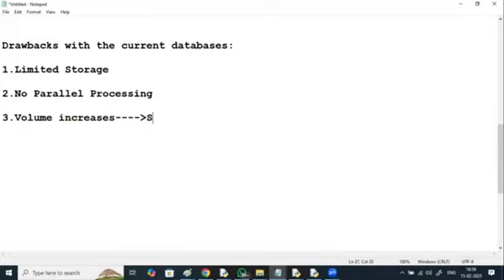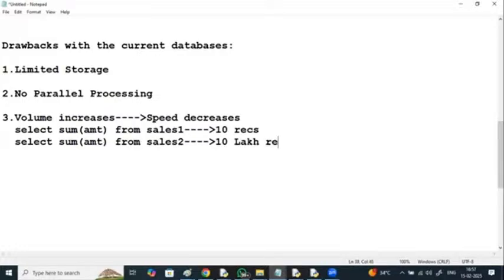Total amount from sales two, which has got 10 lakh records. Select total amount from sales 3, which has got 10 crore records. So here, if you observe, try to answer which query executes faster among these three.